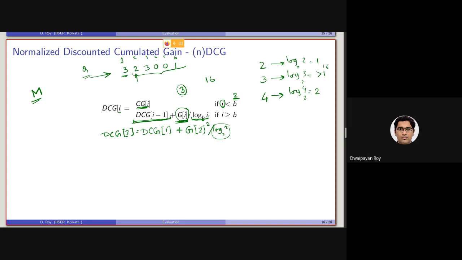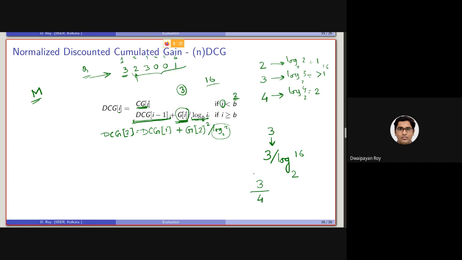So we are just adding it up. But in case of a discounted cumulative gain, instead of considering 3, we are considering 3 by log of the position at which it is retrieved with the base of 2. So it is basically, instead of a grade of 3, we are actually considering a grade of 3 by 4.